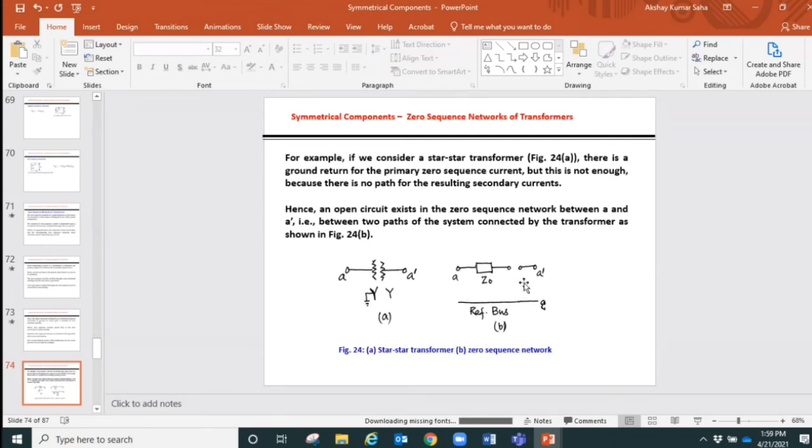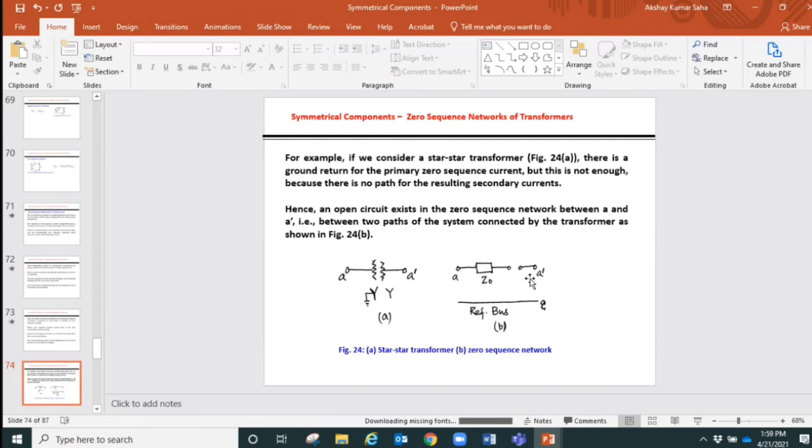How do we represent that current cannot flow on the primary side? By showing an opening. This is the opening, meaning the current cannot flow in the primary side. And this current we are talking about only zero sequence current. We are not talking about other sequence currents at all. We are only talking about zero sequence currents, because for transformers zero sequence current is different because of the configuration, because of the connection of the neutral to the ground, how it is connected,